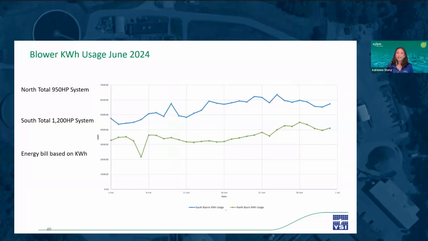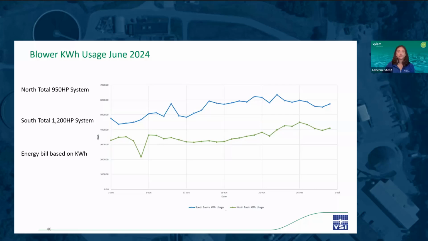This is a graph of the total kilowatt hours consumed by the blowers for the South and North aeration basins for the month of June 2024. The South basins are the blue line and the North basins are the green line. This is the kilowatt hours summed for all 5 blowers on the south side and all 4 blowers for the